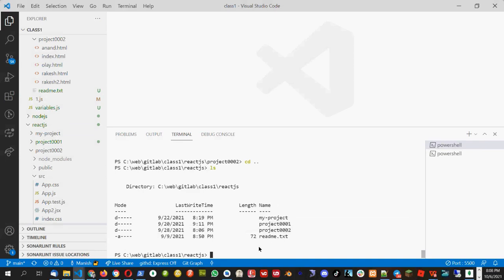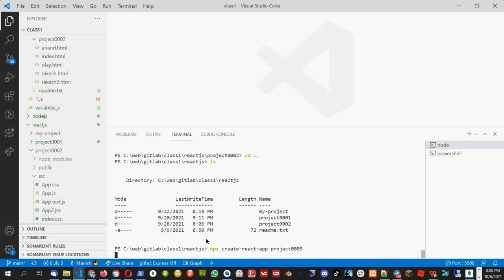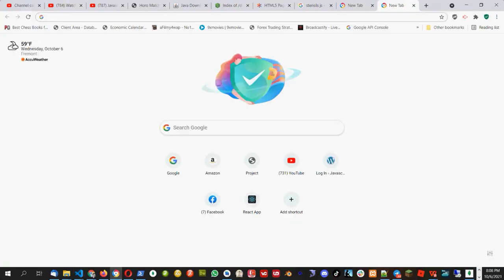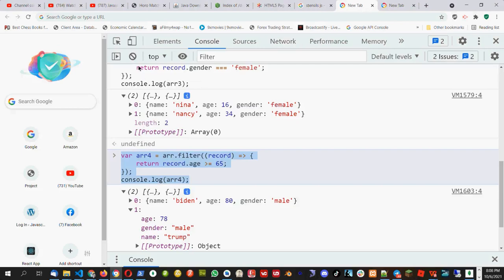Let's build another project. So to build a React project, we run the command npx create-react-app project 0003. So you also create this project, and it will take some time to install the project, and by that time we will do some other stuff, and we will be doing one more array function